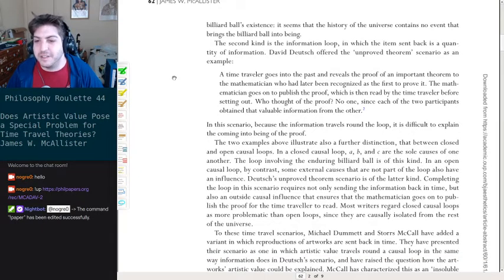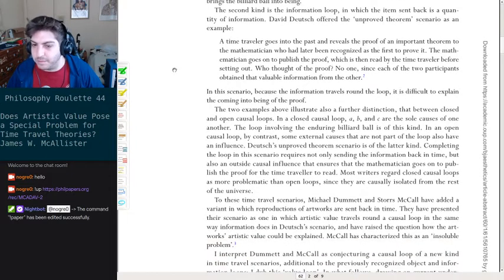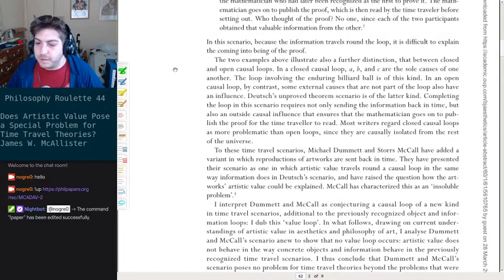The mathematician goes on to publish a proof, which is then read by the time traveler before setting out. Who thought of the proof? No one, since each of the two participants obtained that valuable information from the other. In this scenario, because the information travels around the loop,